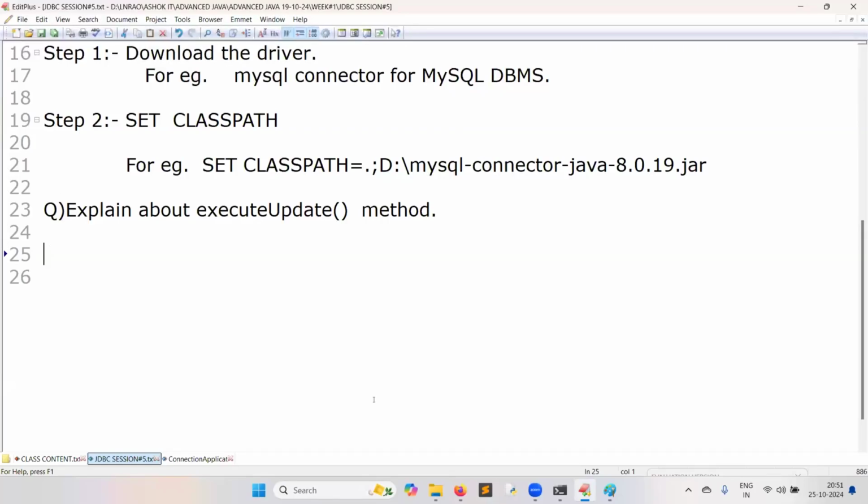Explain about the executeUpdate method. executeUpdate is a JDBC API method, meaning a library method.